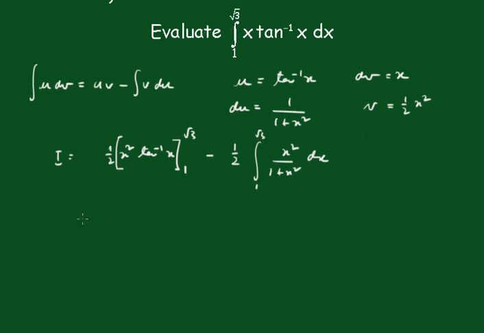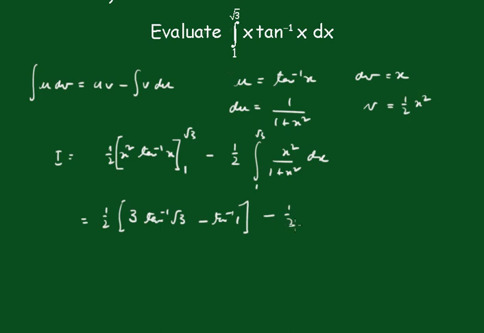Okay, doing this bit, it'll be just 3, root 3, sorry, so 3, because we're going to square it. That's just 3 tan to the minus 1 of root 3 minus tan to the minus 1 of 1